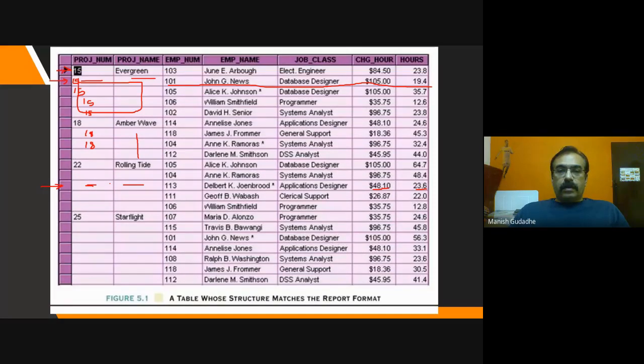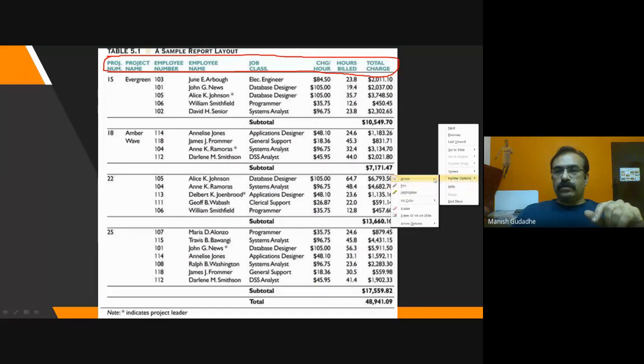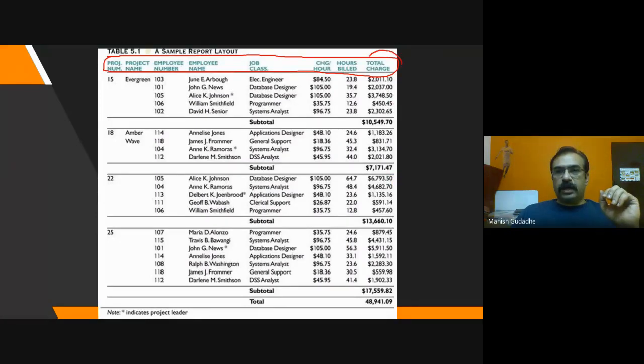Okay, so for which project he has worked for those many hours is not mentioned. Okay, so this form of database is also an unnormalized form, but the only difference between the previous case and this case is that here you have two things which are missing in the next table: total charge and the subtotal. Why are they not appearing? Because this factor into this factor is generating this, and the complete total charge is generating this.